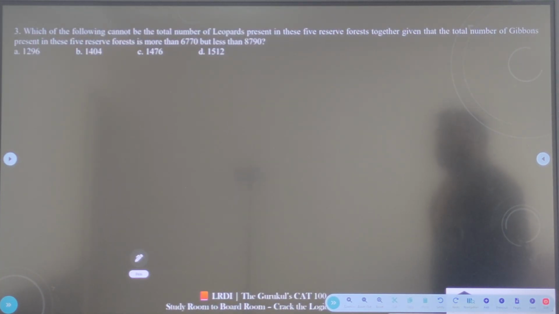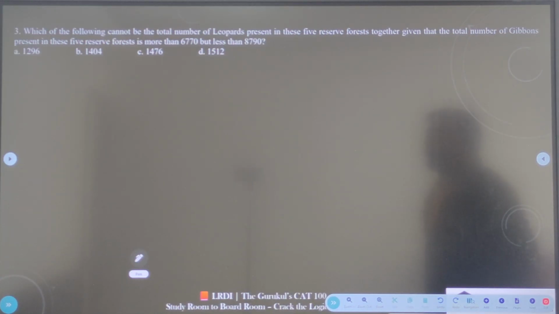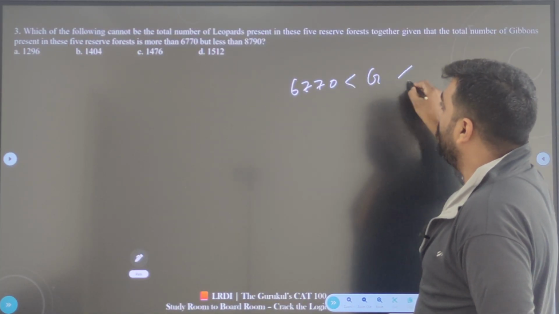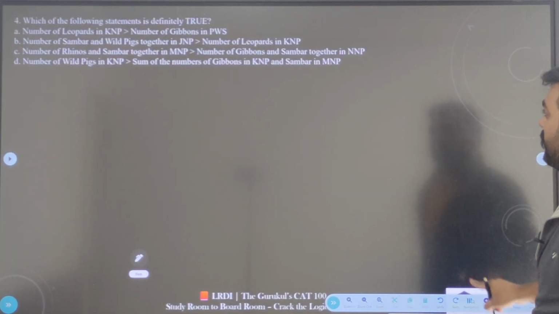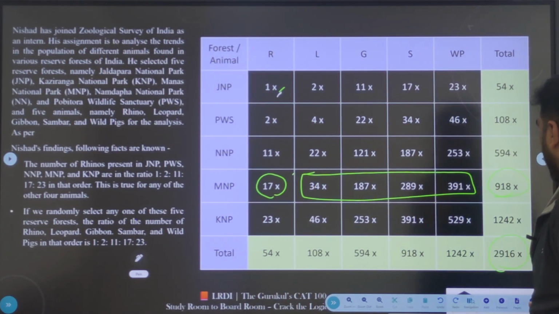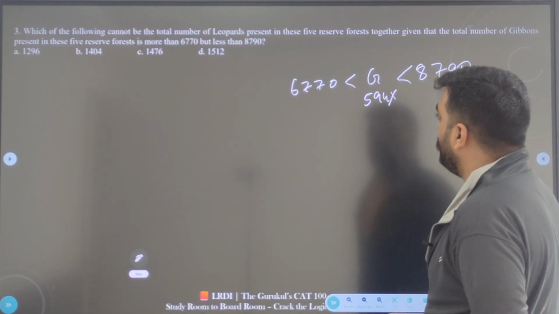Little fast. Which of the following cannot be the total number of leopards present in these 5 reserve forests together, given that the total number of G present in these 5 forests is more than 6770. More than 6770, all the 5 taken together, 8790. Now what is the G value? All the total taken together, 594x. This should be 594x, which means